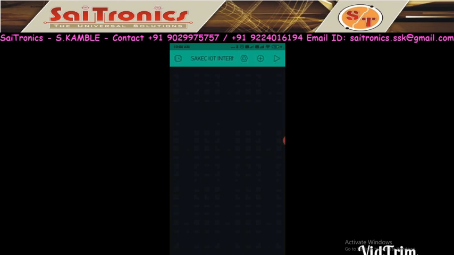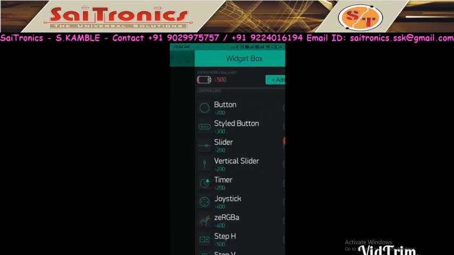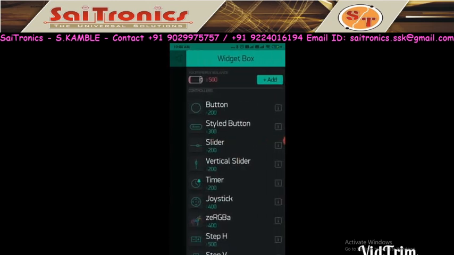So this is my editor window. This is the name Sakek IoT. Then I have to click on the plus symbol. When I click on the plus symbol, it will ask to add widget gadgets. So this is the gadget box. My energy balance is 500.